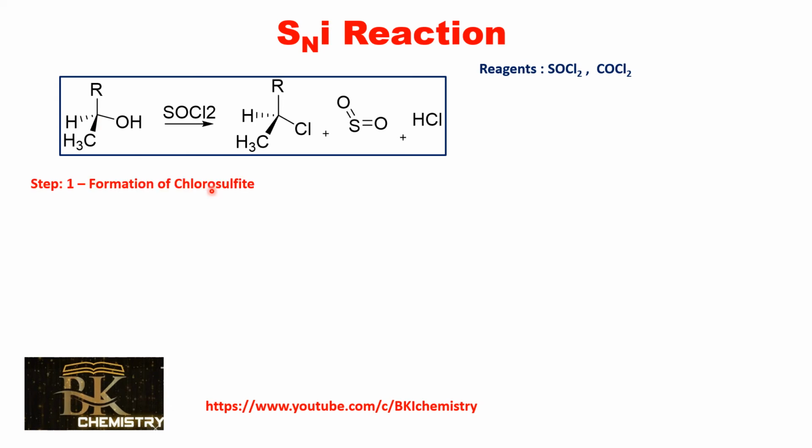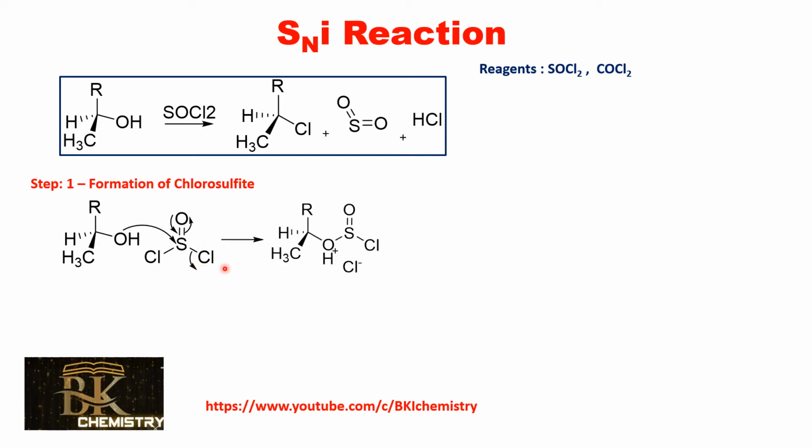The first step is formation of chlorosulfite. Here, in that first step, the oxygen lone pair electrons will behave as a nucleophile and sulfur acts as an electrophilic center. The nucleophilic oxygen attacks the electrophilic sulfur, then the double bond shifts to oxygen minus. That oxygen minus charge again comes back to sulfur, then removes its own chlorine atom. So this kind of intermediate forms, and HCl is removed. After removal of HCl, it forms the chlorosulfite intermediate. It is not actually an intermediate; it is a transition state.